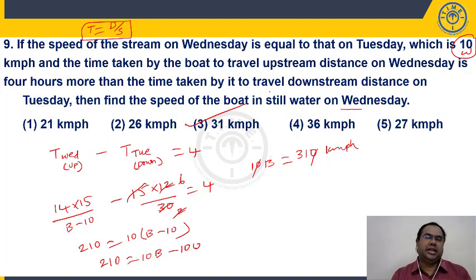So basically, the second set is based on time and distance based data interpretation. Concepts of quant, particularly time and work, time and distance, mensuration, probability, profit loss, discount, market price, simple interest, compound interest, mixtures and allegation, are being clubbed with data interpretation, and in the last 2-3 years you have seen more quant based DI in your exams. So we took one example on time and work and one example on time and distance based data interpretation, right? Maybe in future we will see a few more, maybe profit loss, mixtures and allegation, or probability.